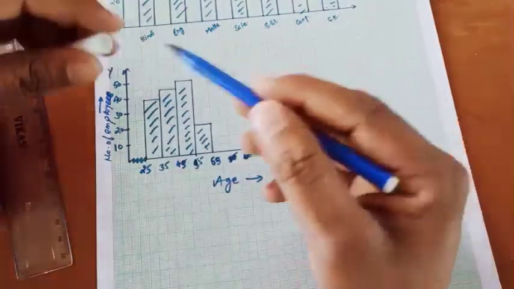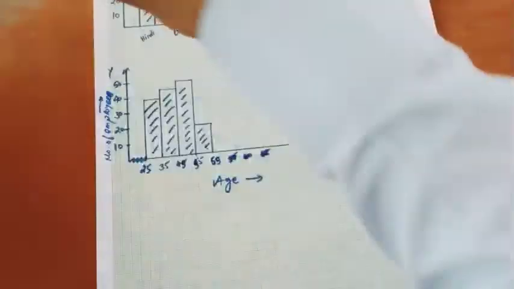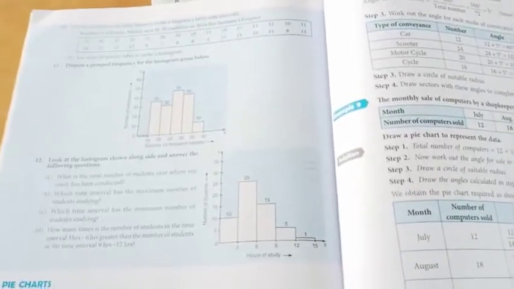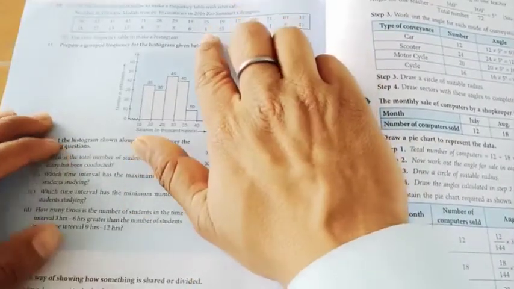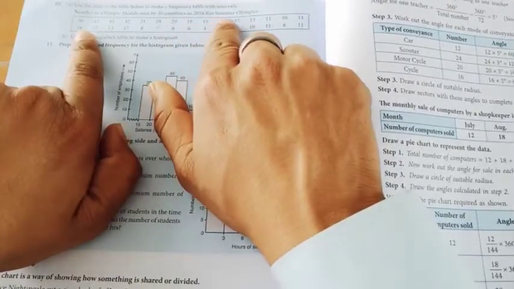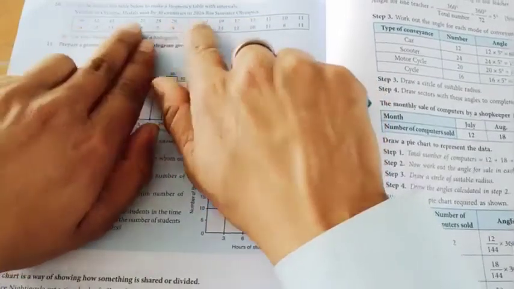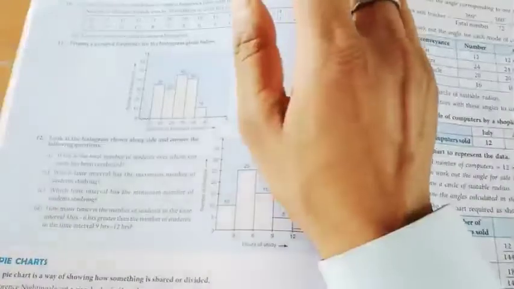And question number 10 that is given to us, we have to solve. Question number 10 says: use the data in the given figure below to make a frequency distribution table with intervals. Number of Olympic medals won by 30 countries in the 2016 Rio Summer Olympics. This is the information of 30 countries. We have to make a table as we wish. As I have explained to you about range and all, let us try to solve.